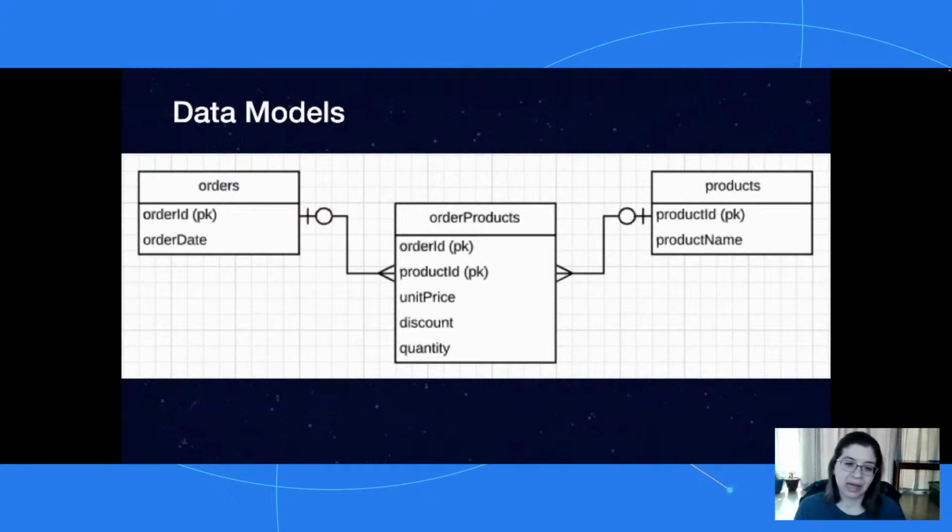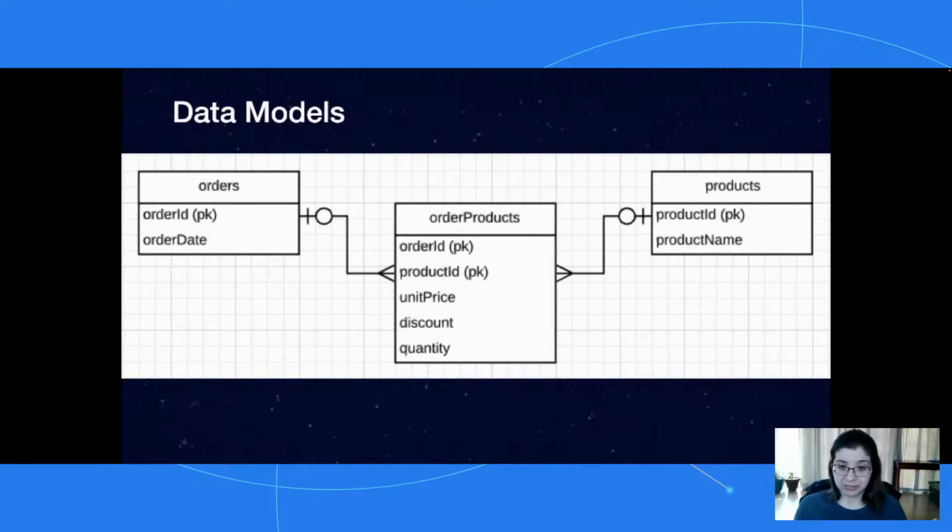And then when we want to find out the relationship between these 2 things, what products are being ordered and how many orders does a product have, you end up with a many-to-many relationship, right? You have an order, it could have multiple products on it. A single product could be on multiple orders.